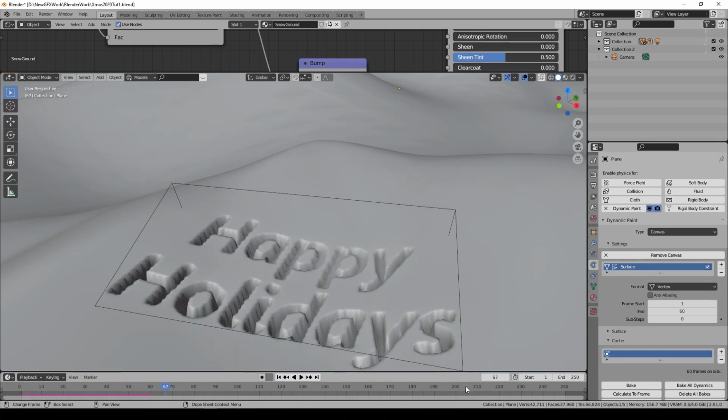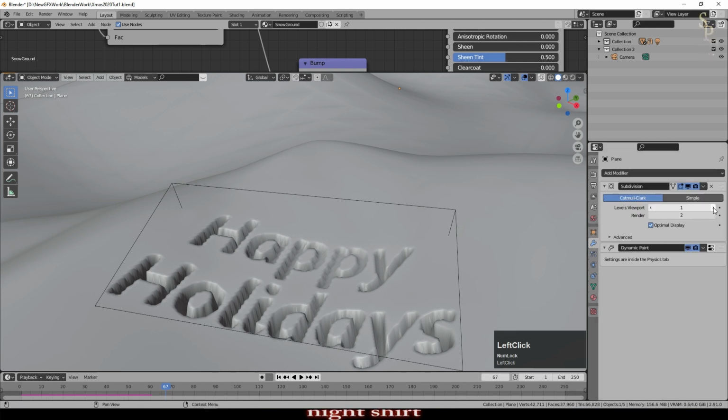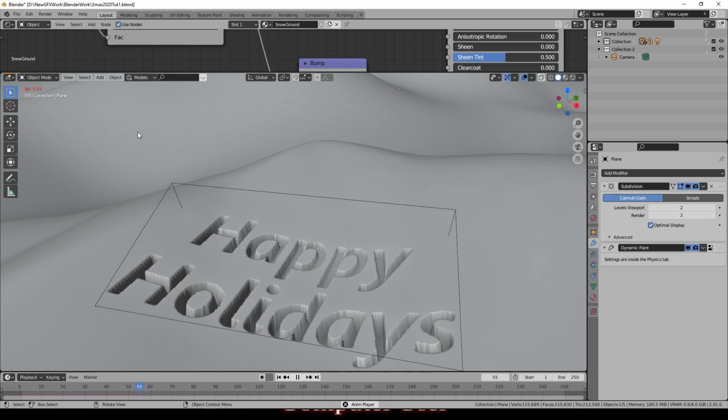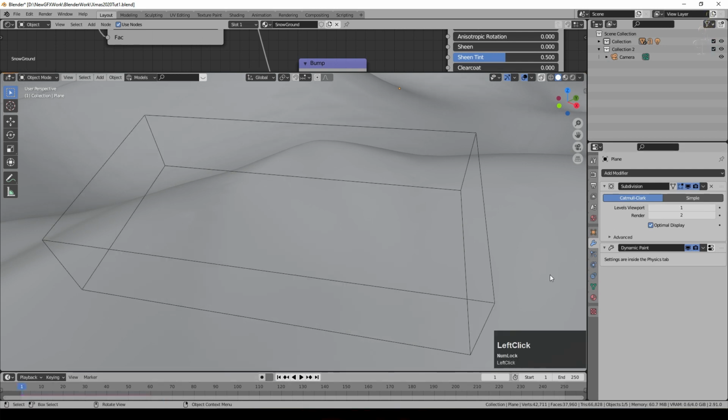Now at the moment, don't forget that subdivision surface is only displaying at 1. If I go up to 2, it will actually add more detail, but you can see it's taking longer to go now, and we're only rendering at 6 frames a second. And as you go up and up on the number of vertices, that will obviously be more of a problem. But it's a pretty good result there, as you can see. So I'm going to go back down to the lower resolution there.